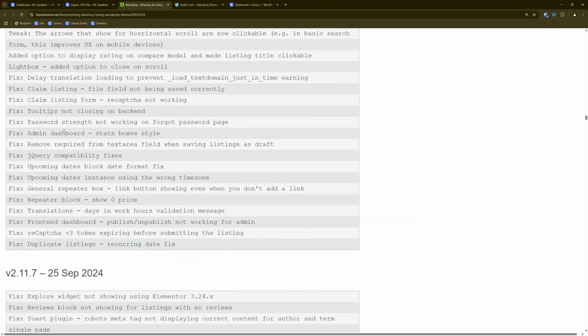Okay, let's move on. I don't understand what that one is. Again, they should give you a screenshot, a link to an example, something to know what the heck we're looking for. Fix, remove required